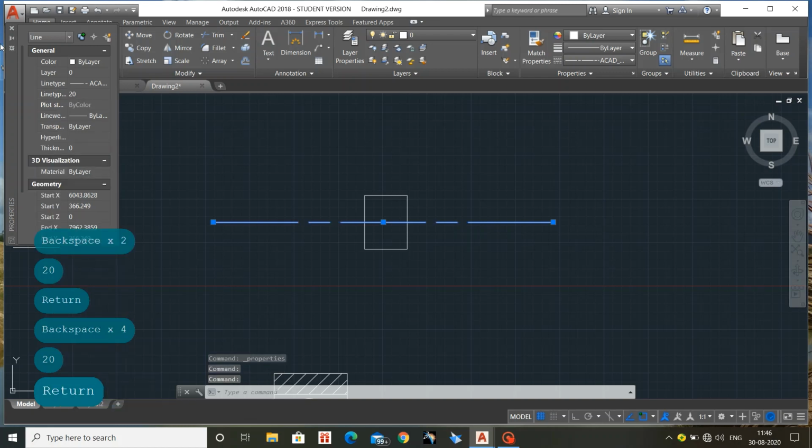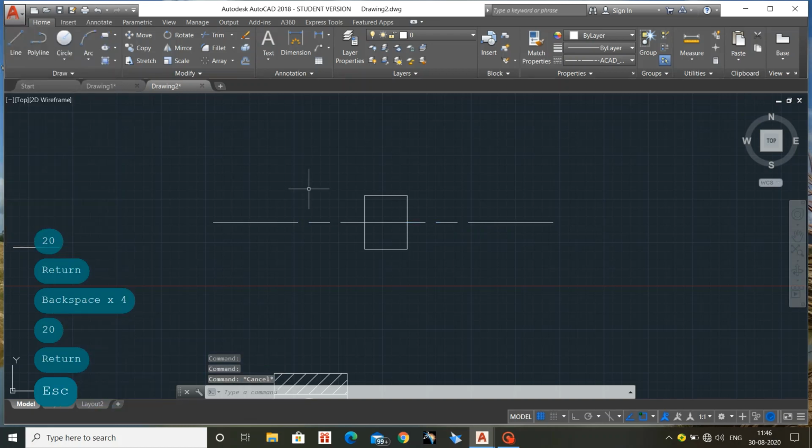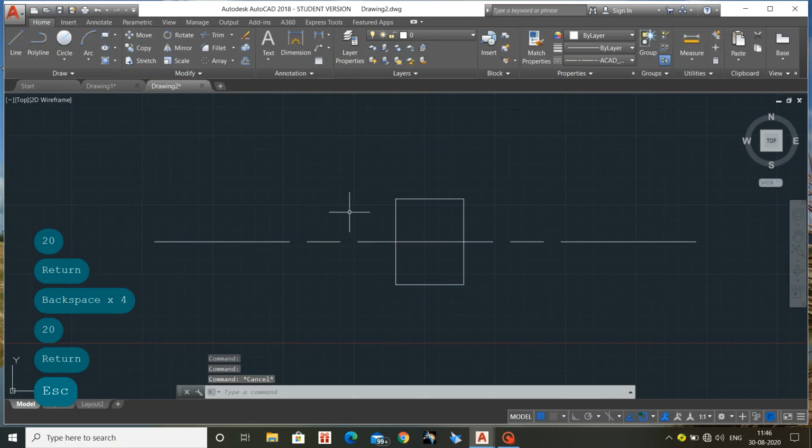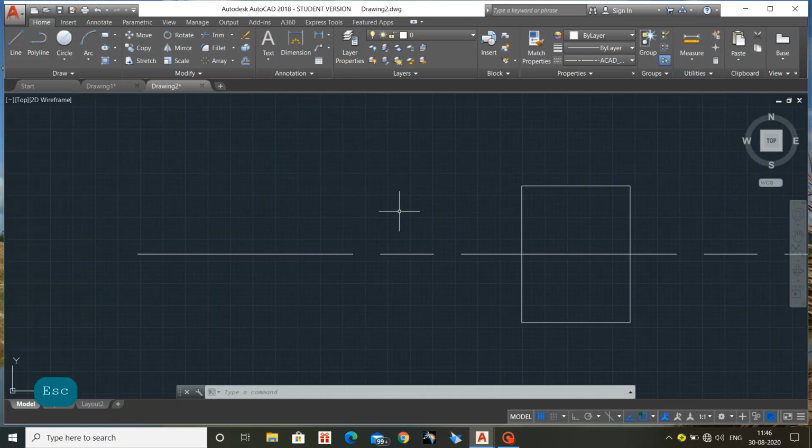Okay, fine. Now I would like to draw the external threads, and the procedure for the external threads and internal threads will be similar. I will show you how to draw one type of thread. So okay, first I'm taking an arc.